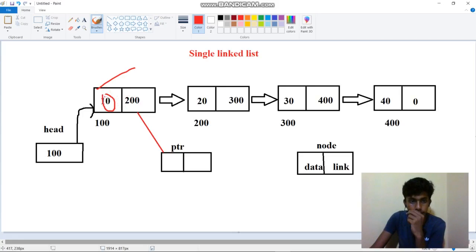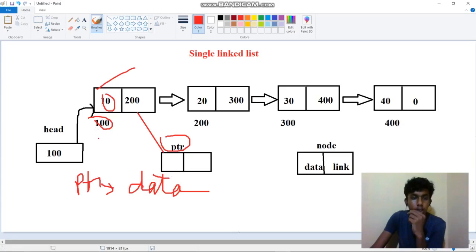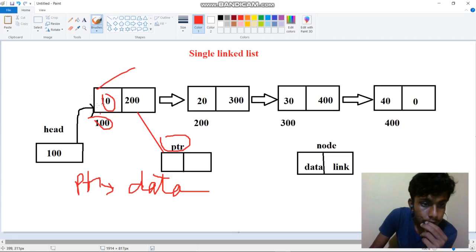To access this data, ptr is pointing to this address 100, and ptr means the address, that is, pointer data. That means it will access this data.